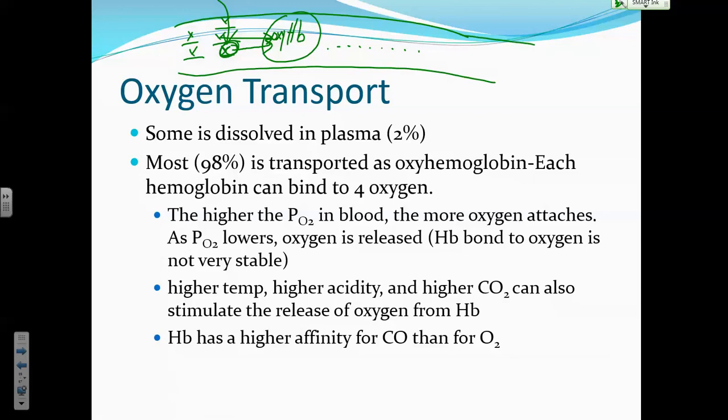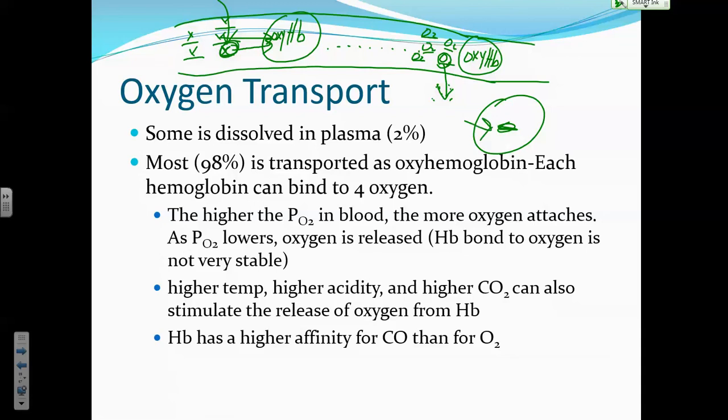Here's the tissue level. So here's a body cell that needs that oxygen. Here's a red blood cell that has the oxyhemoglobin in it. What happens is the oxygen that is directly dissolved, that's the one that's giving the blood its partial pressure, and that partial pressure is greater than the partial pressure of oxygen in the interstitial spaces. So this oxygen moves out of the blood into the interstitial spaces, and then that partial pressure there is higher than what's in the cell, so it moves into the cell.